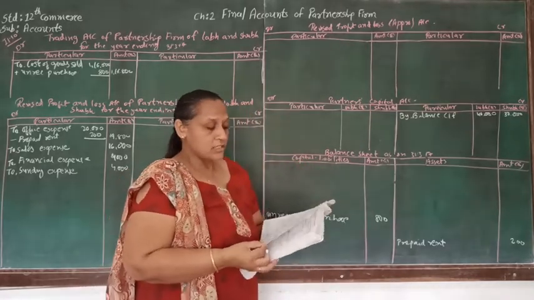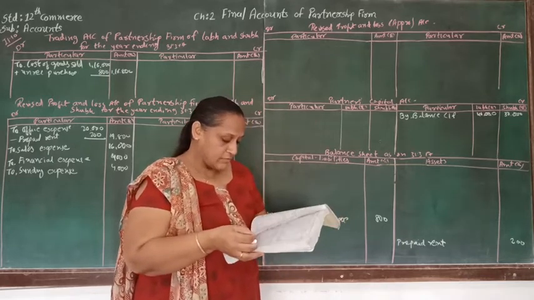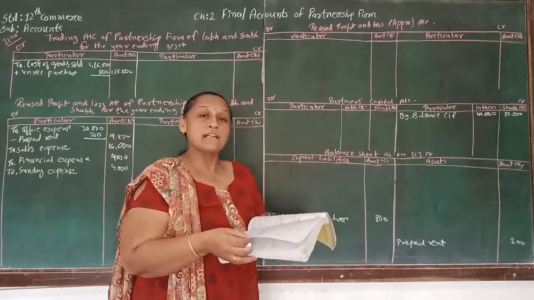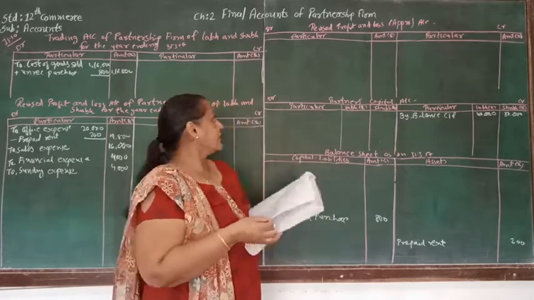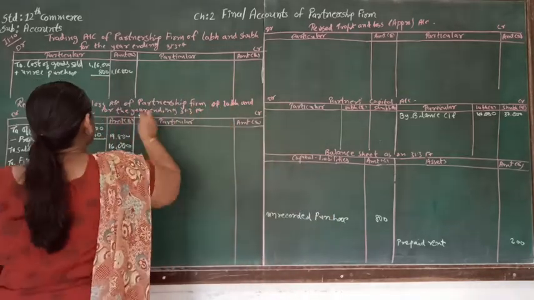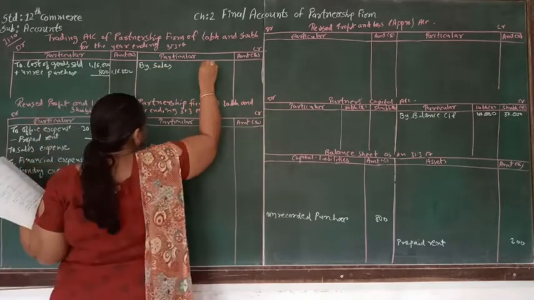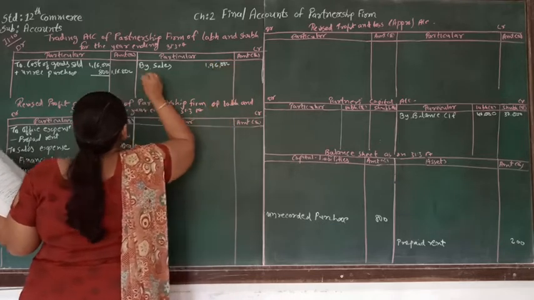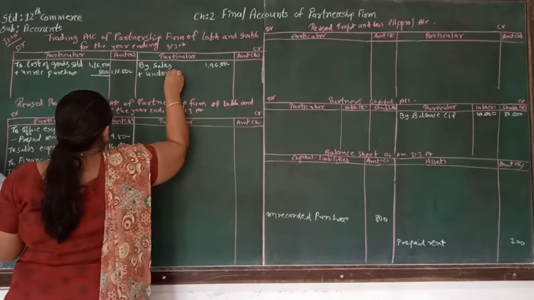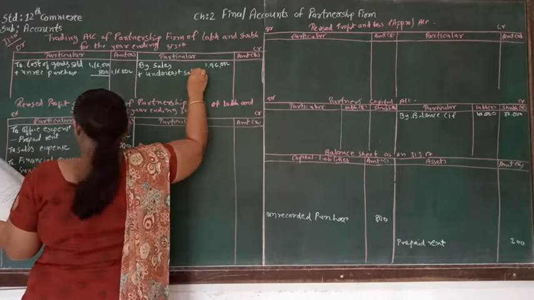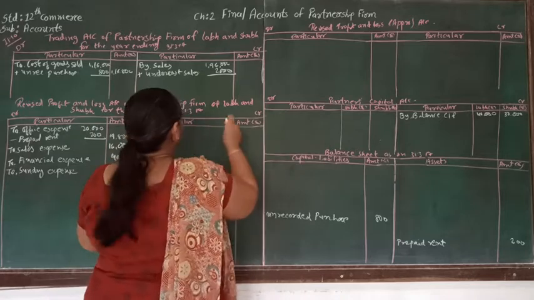Now after that on the credit side of the profit and loss account there is the sales account, and in sales there is adjustment number 6. Total of sales book is undercast. Undercast means it is less by 2,000. So we are going to add in the sales account, that we are going to write in the trading account by sales. Sales is 1,96,000 plus undercast sale, that will be 2,000. So total of sales will be 1,98,000.